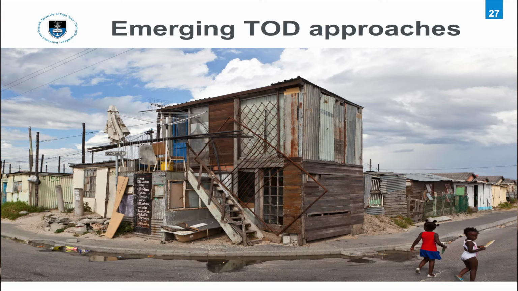And this brings us to the cutting edge of where the research is at the moment. We're asking some very interesting questions now, like, can an informal settlement be TOD? Can organic, informal development within informal settlements and backyarders, this kind of informality, be a sustainable version of TOD? Can we use the National Treasury funds for these kind of informal settlement upgrades under the guise of TOD? And these are the kind of questions that we need to grapple with as we move forward and determine whether this is the planning concept that is most suitable, or the approach that's most suitable for public transport and urban